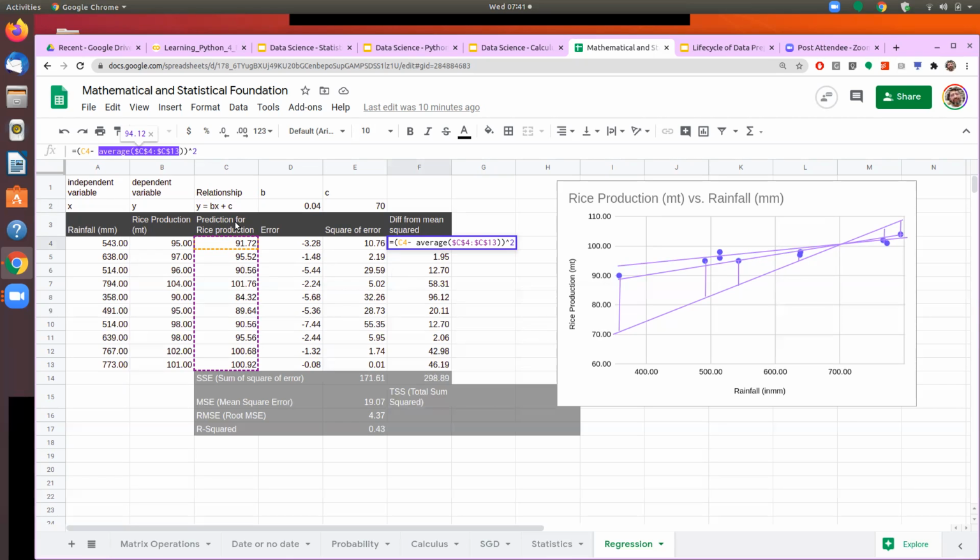So C is my prediction. Now here actually it should be B. And this should be the average of B. It means that we are trying to first compute